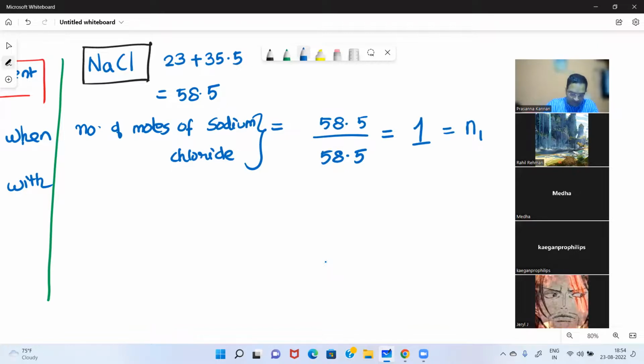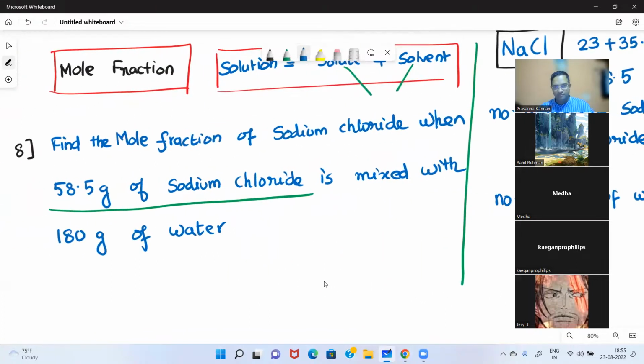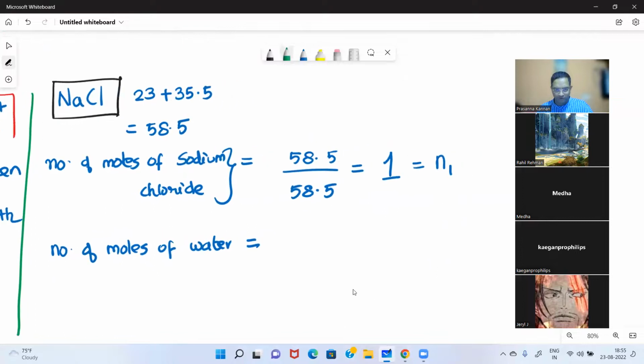Now next we should also find out the number of moles of water. The solvent also we should see. What is going to be the number of moles of water? Again, given mass divided by molecular mass. What is the given mass of water? 180 grams. So the number of moles of water is going to be